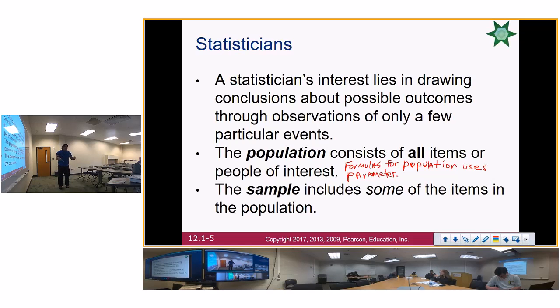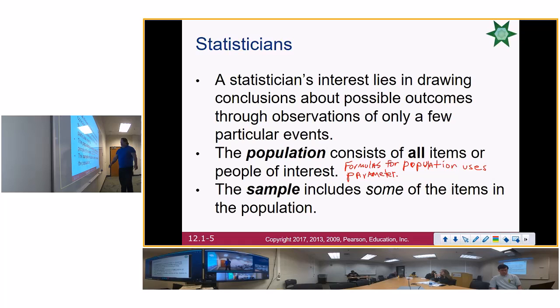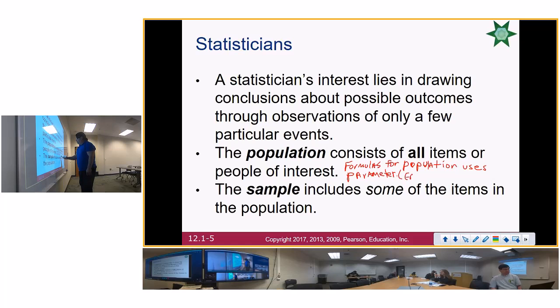It's kind of like the guy that gets a job for doing nothing, and he has to find stuff to do because he don't have anything to do, and they just gave him a job because he's a brother-in-law of somebody that works there. It's kind of like, oh, well, we got to make this sound more difficult because we're out here by ourselves. So they call a variable that's used in a formula for the population a parameter, and it will be a Greek letter. So if you ever see a Greek letter in a presentation at work, you know it has to do with the what?